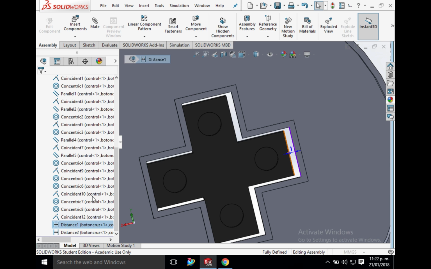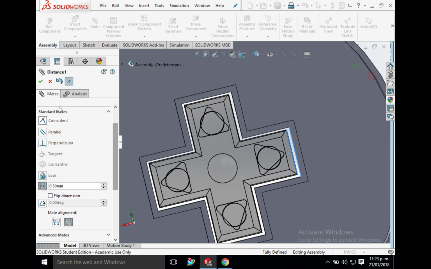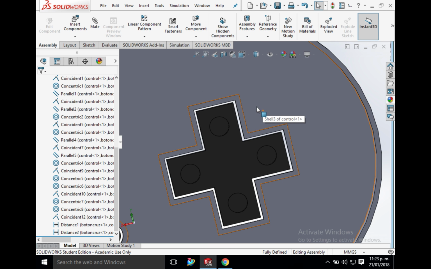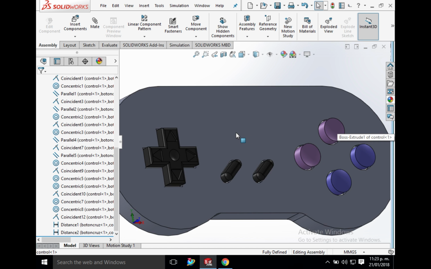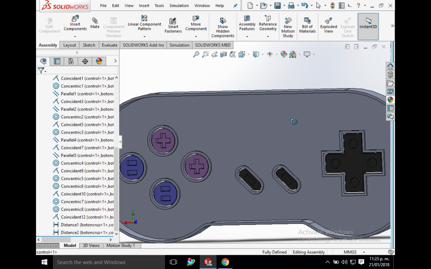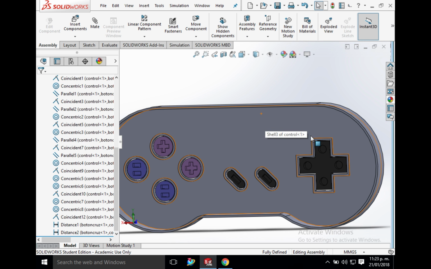So let's edit feature, and then we choose here 0.5 millimeters, and we click OK. So now it's good. Okay. Please be sure to save it, because sometimes SolidWorks, because there's too many components in this assembly, it could crash. So please save it. Now we have this cross,